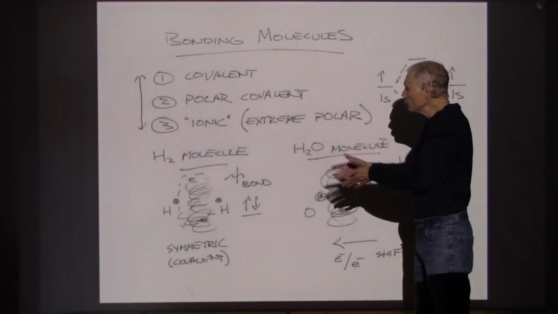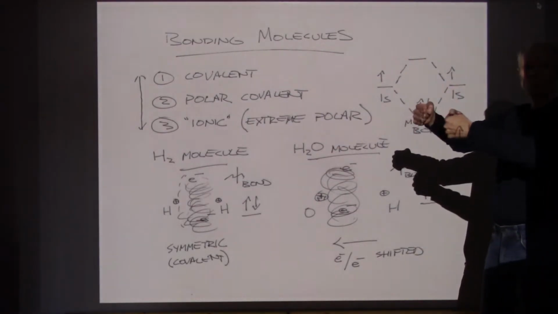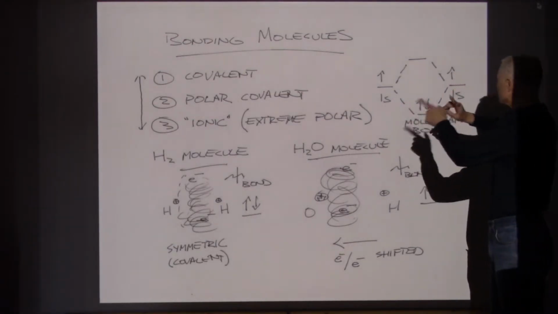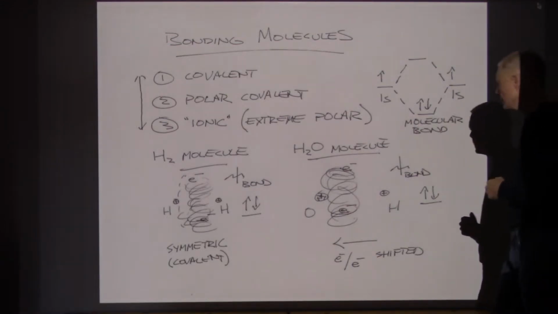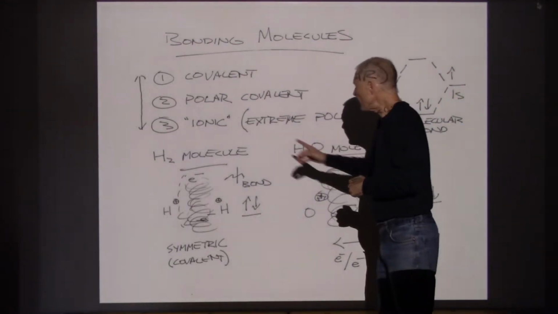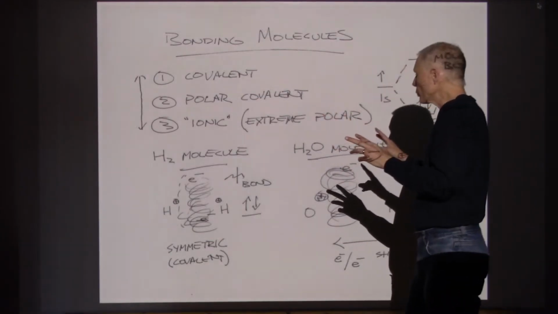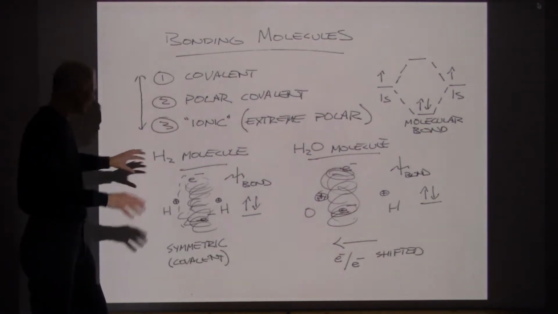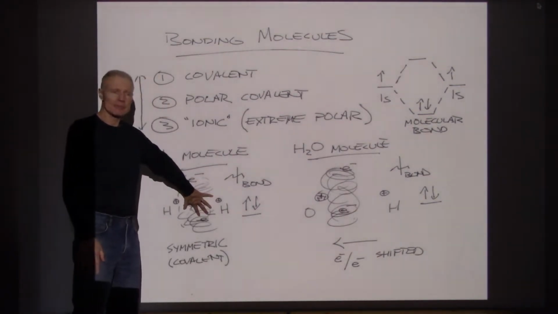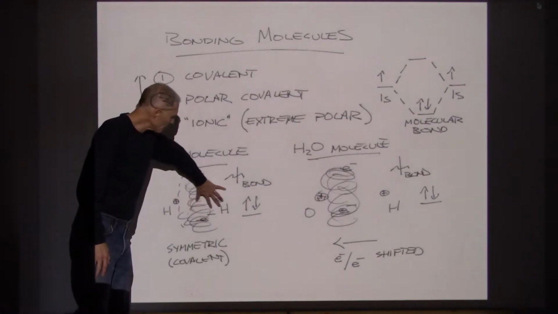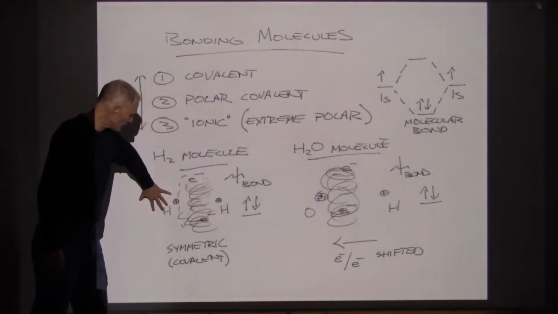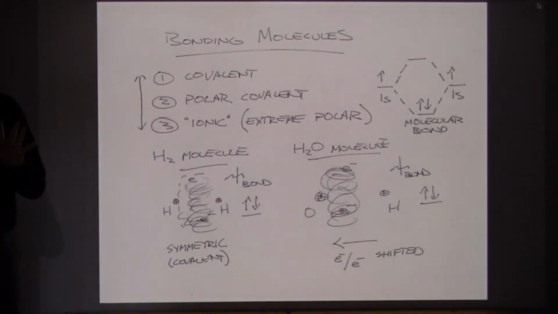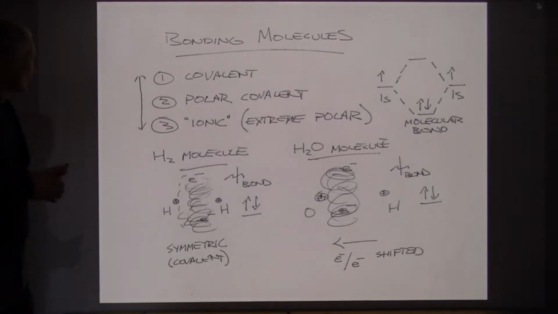Now, when these two nuclei each contribute one electron to form these molecular bonds, these spin-up, spin-down pairings of their electrons, they can be what are called shared symmetrically, meaning that the electrons have no preference. The pair of electrons making up this chemical bond are not being pulled more towards this hydrogen or this. This is a symmetric chemical bond, and so the electrons arrange themselves symmetrically between the two,